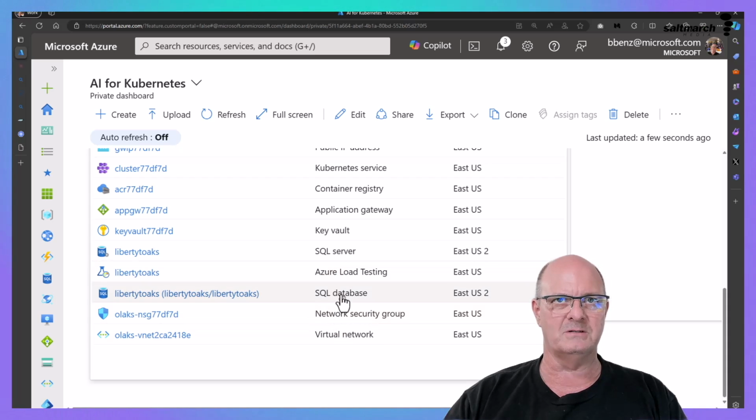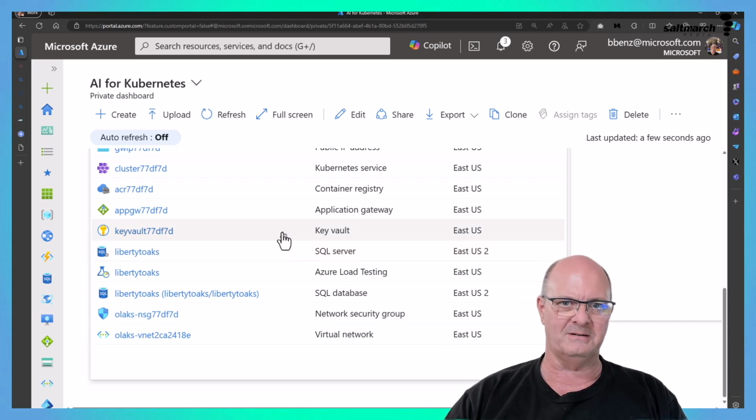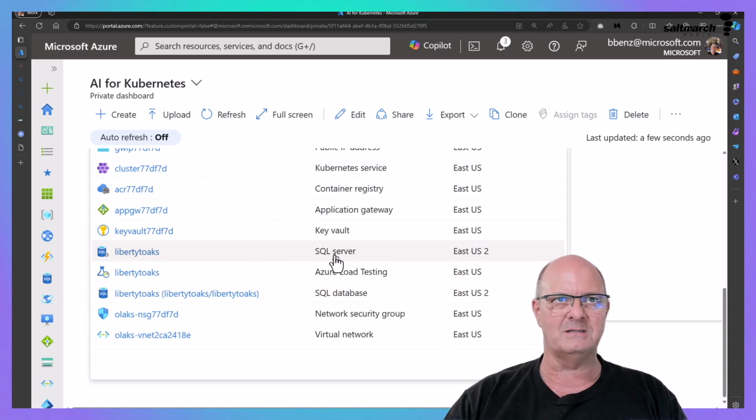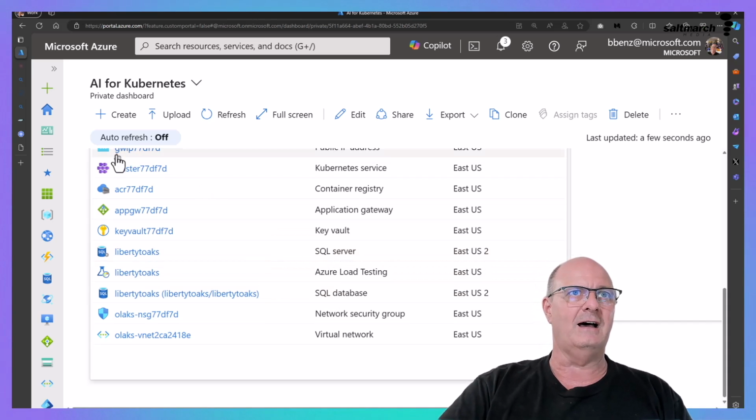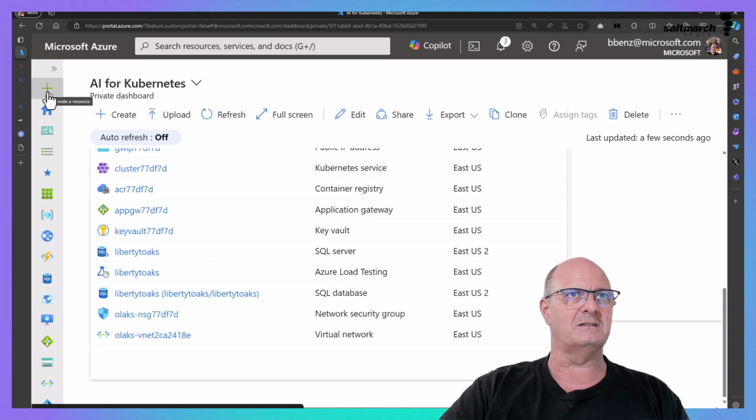The SQL server and SQL database kind of go together. They're storing the actual data in this database. This is the server that it runs on. Okay, so how do we actually create this? Well, I can go here and say